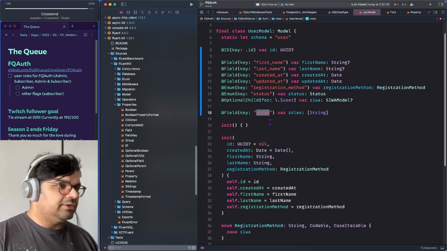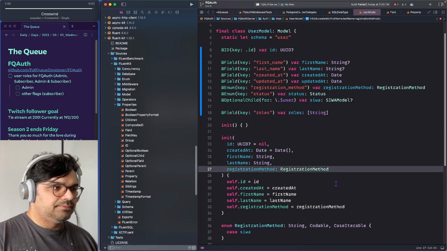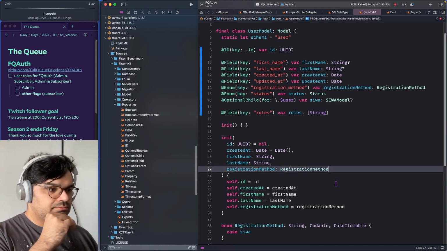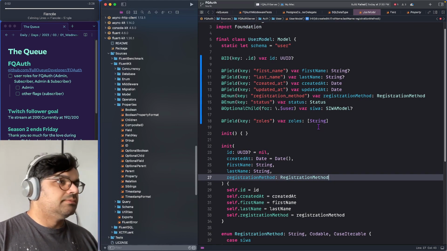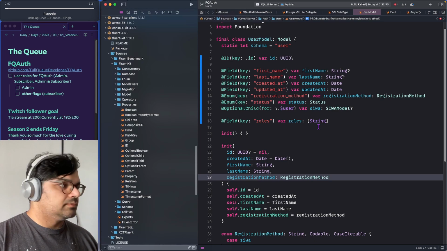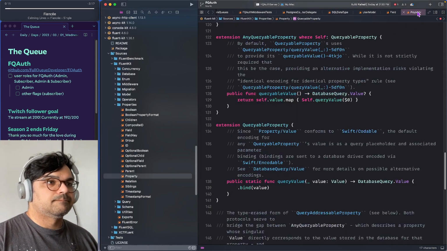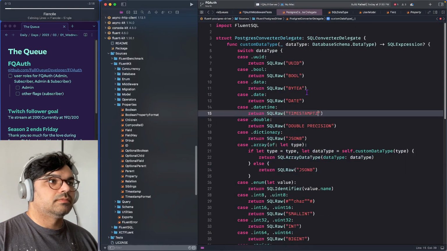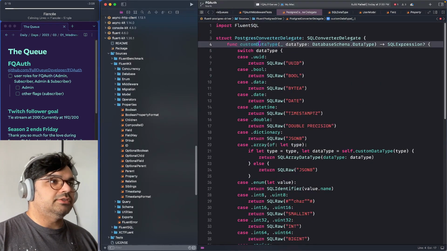So I'm looking at your message in the chat, and I don't see a difference between what you have and what I have. So there is an SQL converter delegate, and this is used